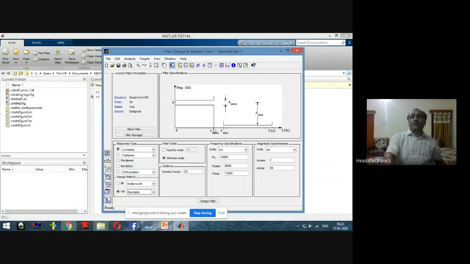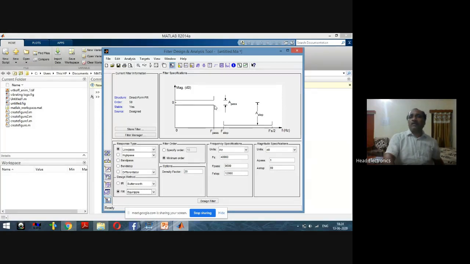That is, what is the pass band frequency here. Then what is the allowed range of the attenuation in the pass band, and this is known as the A pass. Sometimes it is also known as the maximum attenuation in the pass band, because this is the maximum attenuation that is allowed in the pass band.